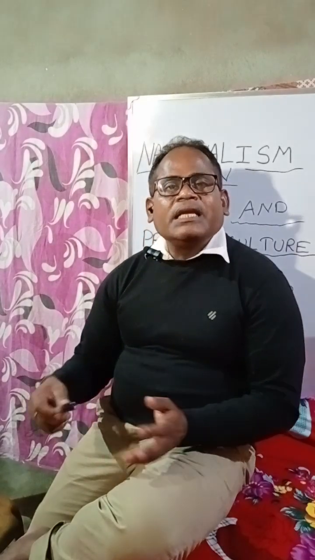The first thing is, during the First World War. When did the First World War start? The First World War started in 1914. Understood? India was a part of the English Empire. Understood? And what did India do at that time? English India means India under British rule. What did India under British rule do?